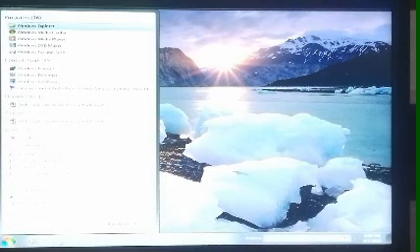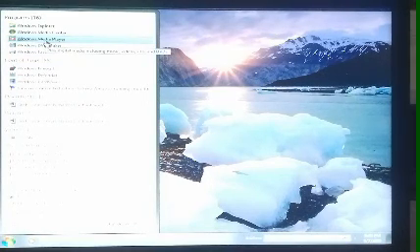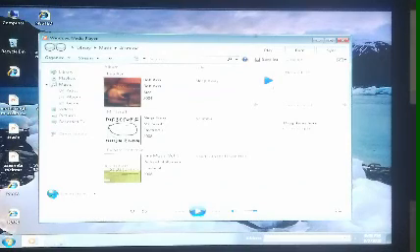Now you can see here, on the top of the start menu, Windows Media Player. You just have to click on it, and then you will see your Windows Media Player has started.